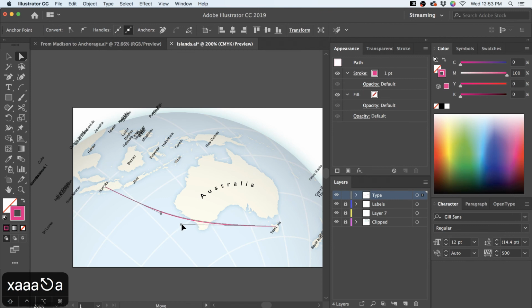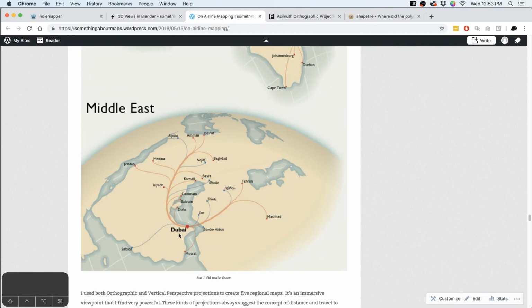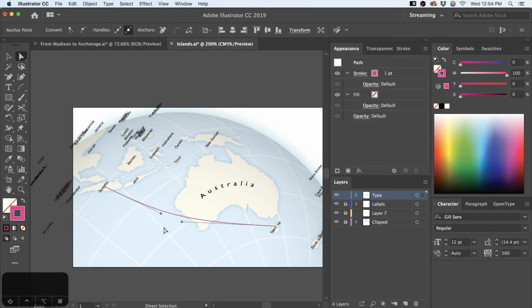You can calculate those, and I've done that before. I had a whole bunch of routes for that airline map. Eventually this map got revised, so it was literally all the lines left Dubai and went to their individual proper destinations rather than this sort of bundled system. And what I did was I went into GIS and drew straight lines in an azimuthal system, like an azimuthal equidistant, and then had them reprojected so that they would follow the correct curvature of the Earth. But it turns out that drawing them by hand was much faster and it looked pretty much just as good. Unless you're flying a plane, you don't need better.